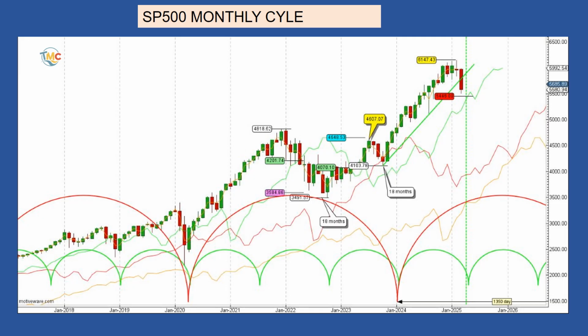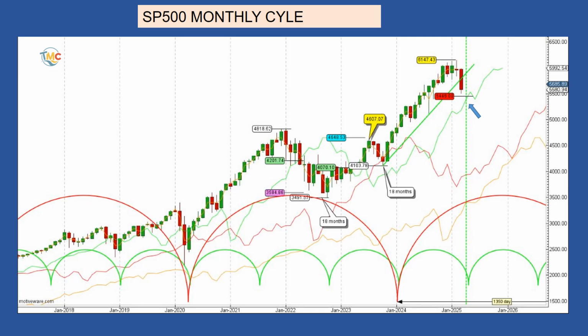On the longer term, by the end of May we should know if the S&P 500 enters bear market territory, or if it's still in the bull market. Depending on where the 18-month cycle forms, we will be able to confirm if the bull market is still intact, or if we are in a longer cycle than the 18-month cycle, the 54-month cycle. If the very long-term analysis is correct, technically the S&P 500 should stop its correction at its 18-month cycle line, which will be around 5,385 by the end of May, beginning of June.